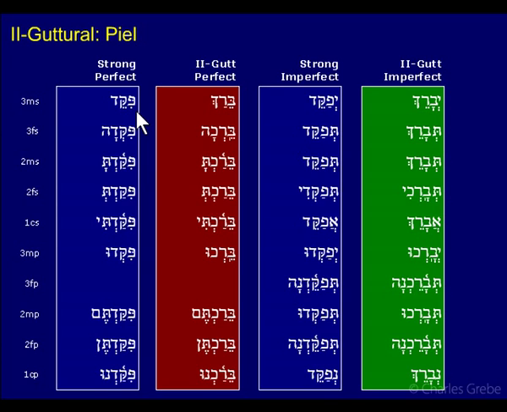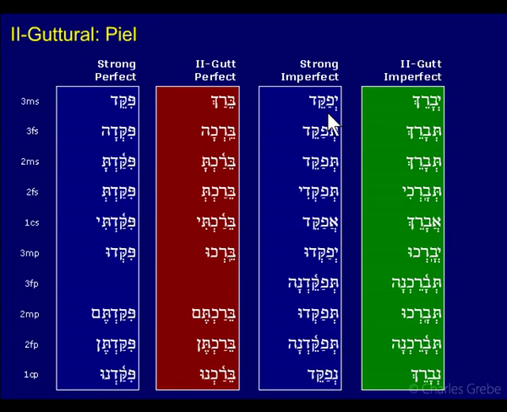And you can see a hiriq there. That's what you normally have with a dagesh forte in the second radical. There's no dagesh forte here. You can't put a dagesh forte in the resh. Can't double. And so you get compensatory lengthening. This is the pattern, the pattern where that happens if you have resh or aleph. Likewise, you can't have a